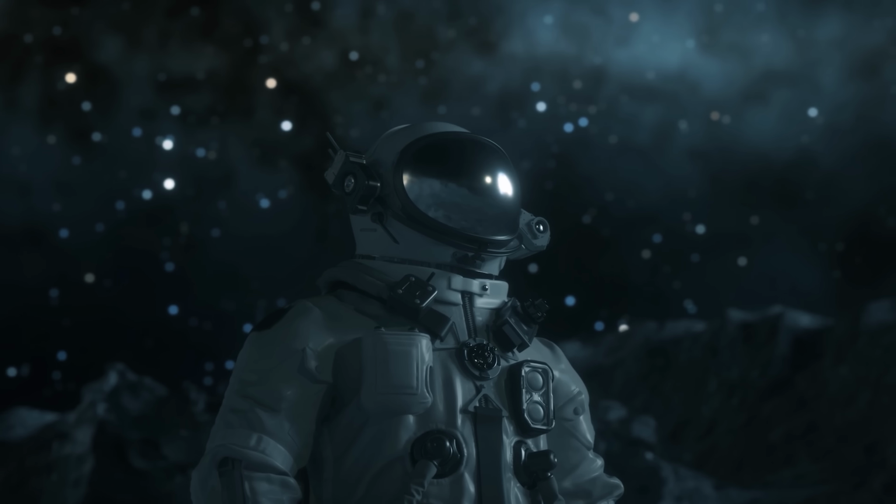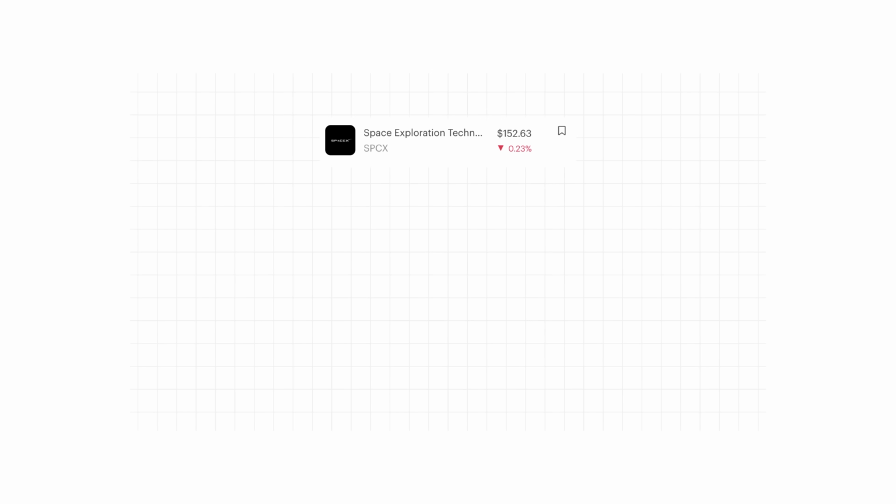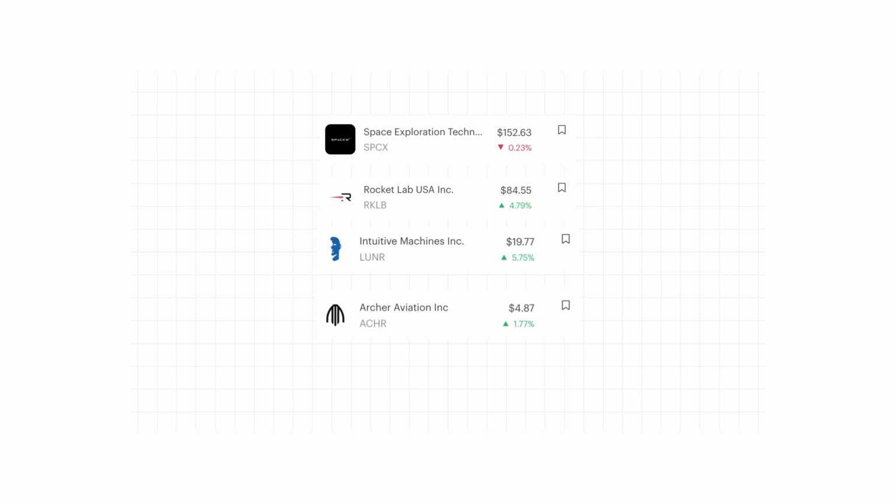And even if you want to bet on single stocks over and above these ETFs, right? Ticker Tape has some ready-made collections that bundle these themes for you. Let me give you an example. The space theme is very hot right now because of the SpaceX IPO. Ticker Tape has a section where you can invest in the entire space economy as a bundle. So companies not just like SpaceX, but others in this space like Rocket Lab, Intuitive Machines, Archer Aviation, Redwire Corp.